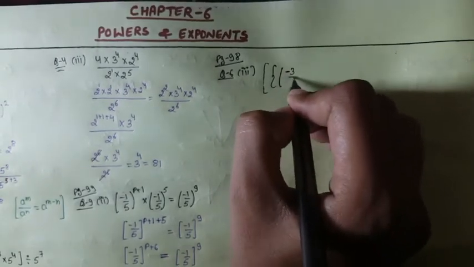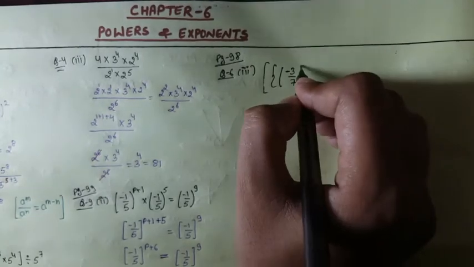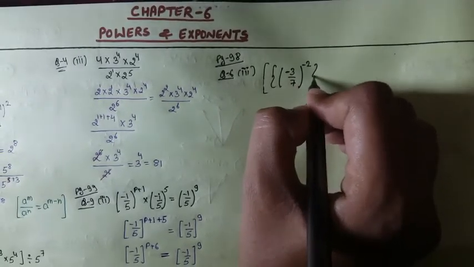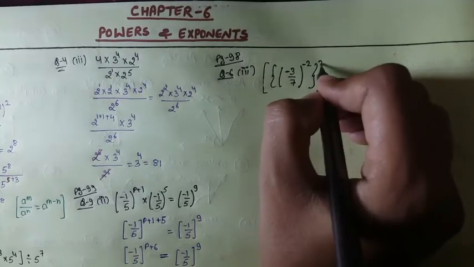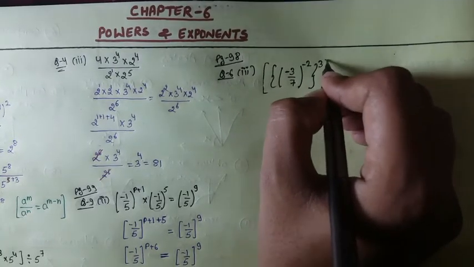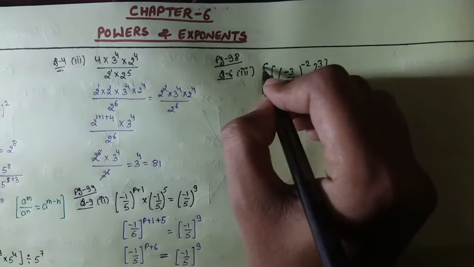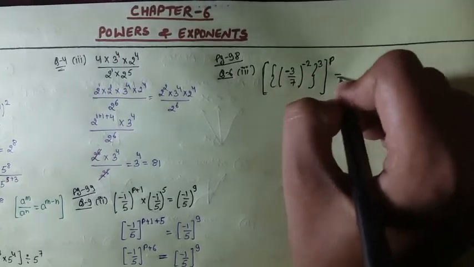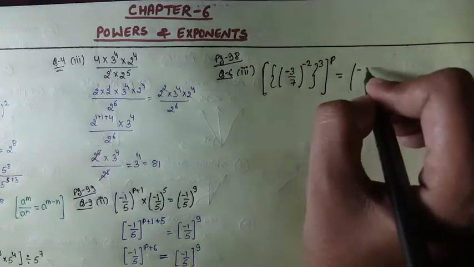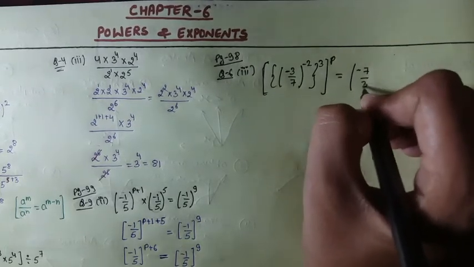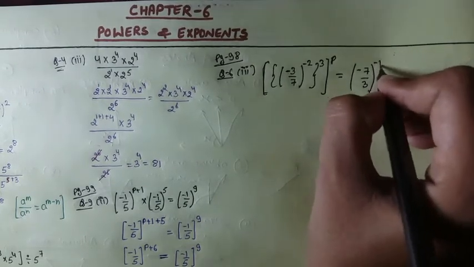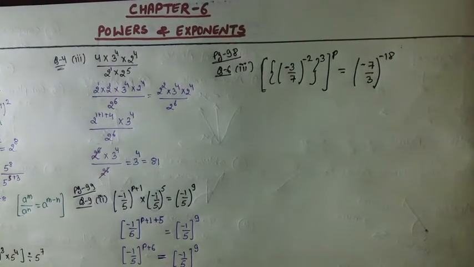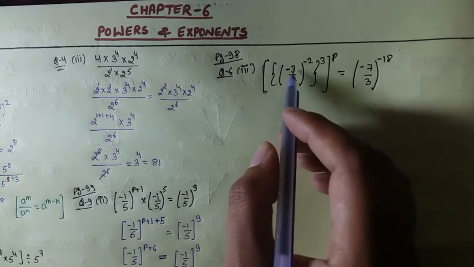minus 3/7. This power of we have solved the same kind of question from your exercise as well, right? ऐसा सेम क्वेश्चन एक्सरसाइज में भी किया था हमने, सेम बिल्कुल सिमिलर क्वेश्चन था, इफ़ यू रिमेंबर. This is equals to -7/3 whole power -18. So first of all we have to simplify it step by step. So simplify करेंगे.